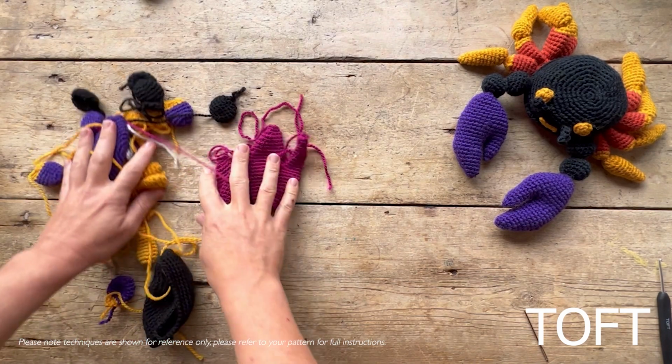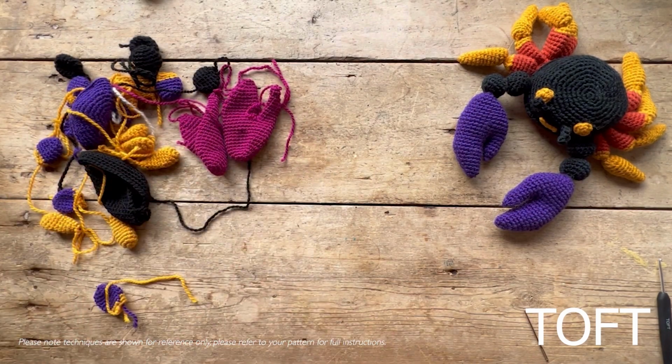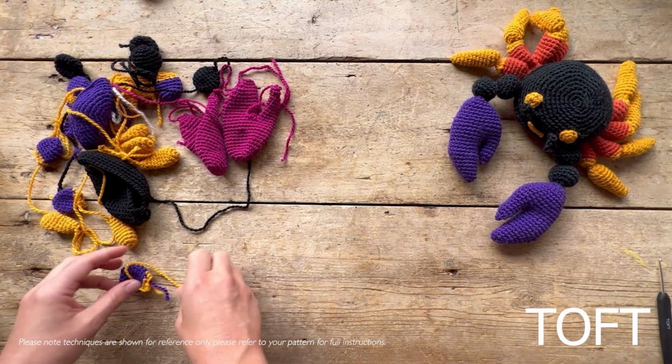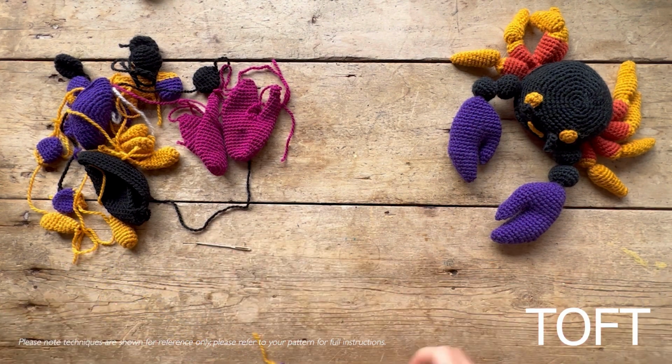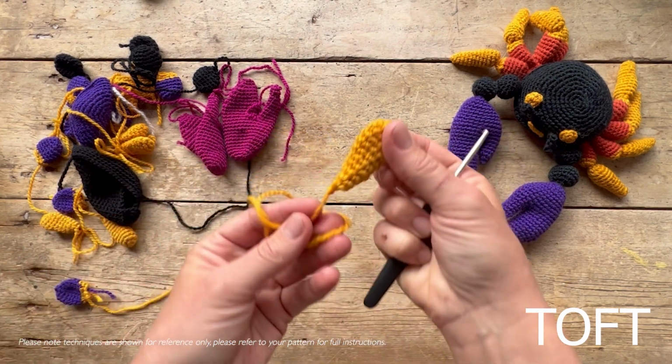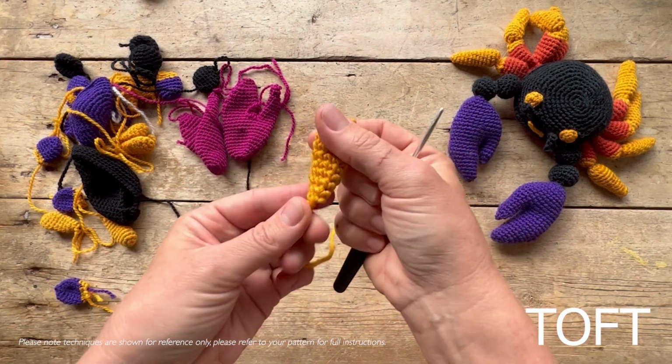So you've crocheted all your parts and now it is time to sew up Igor the Halloween Crab. It has quite a few different parts, quite a few ends, so I would take it step by step and put it together. First, go away and take the bottom of all of your legs and stuff those and then